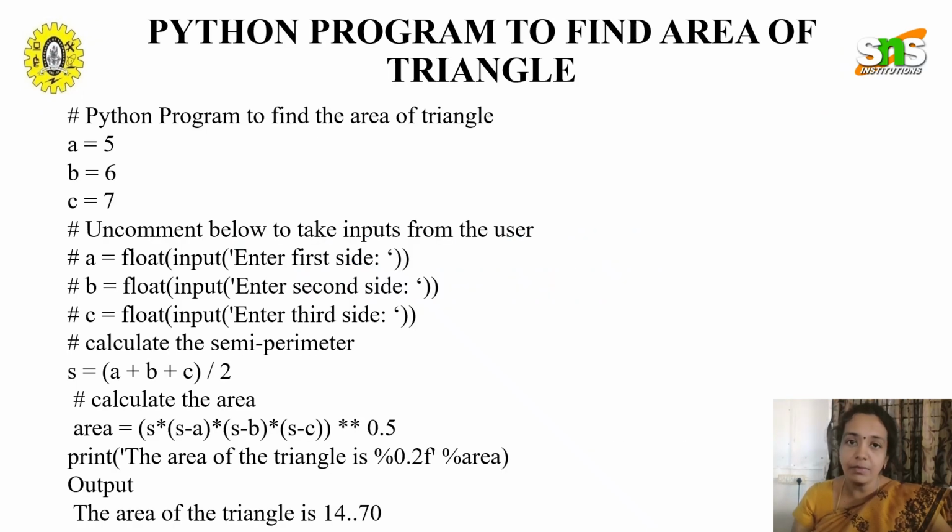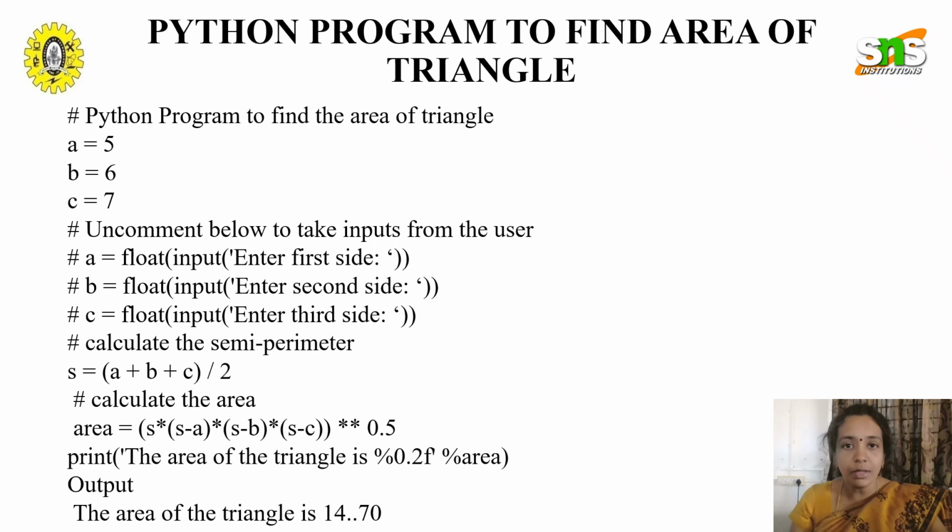So the very first Python program is the area of a triangle. Here we are giving the values for three sides. A is equal to 5, B is equal to 6 and C is equal to 7. Based on these three values, I have to find the area of